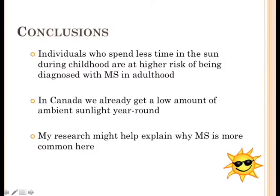So just to finish off, my conclusions are that individuals who spend less time in the sun during childhood are at higher risk of being diagnosed with MS. And in Canada, we already have a low amount of ambient sunlight year-round, so my research might help explain why MS is more common